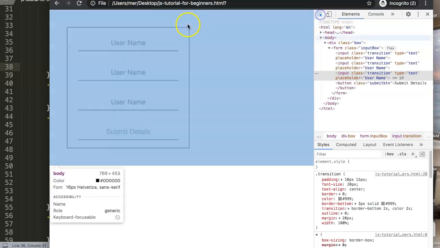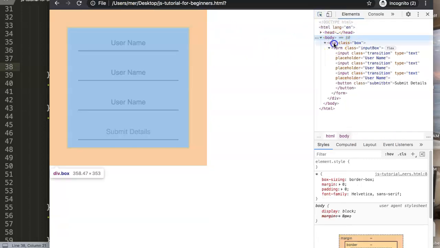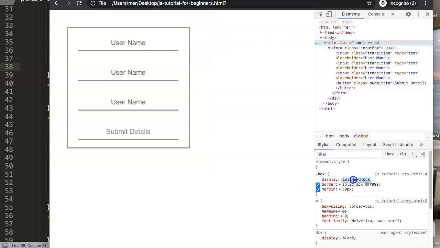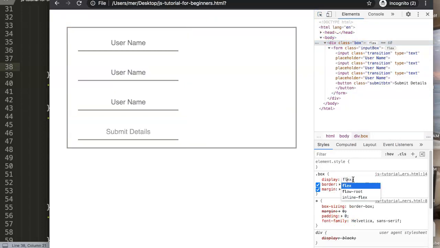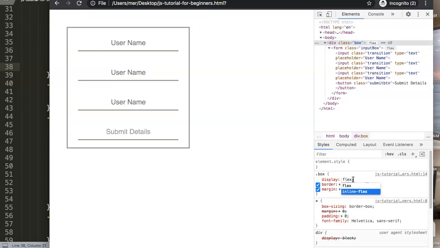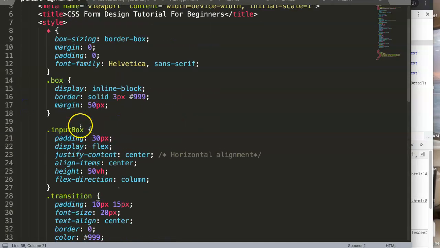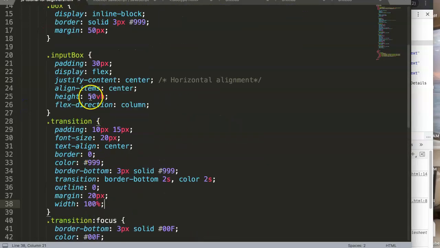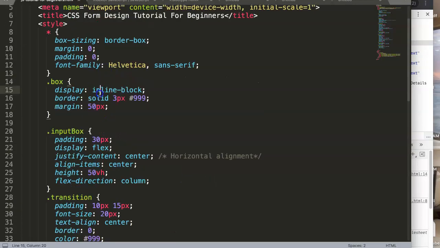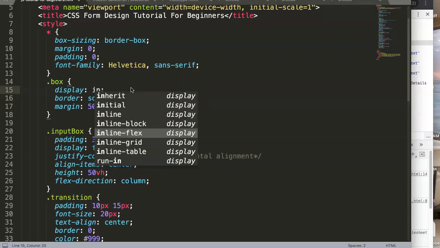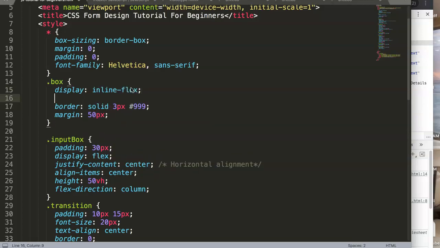Eventually we could push this maybe more to the center. We have display inline block. If you have flex, inline flex could be a solution as well. That might be a solution if you push it to the center. Well, let's try that one. Let's see if inline flex will respond in the way I hope it will respond. So we say here flex or inline flex, and then we say here